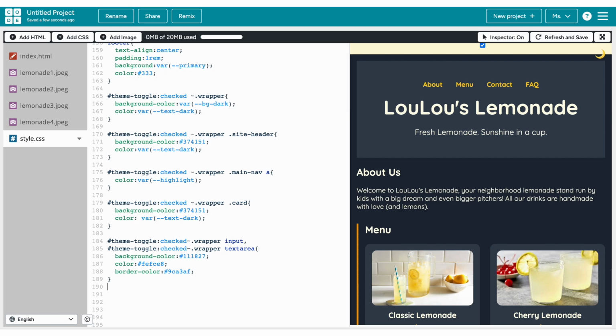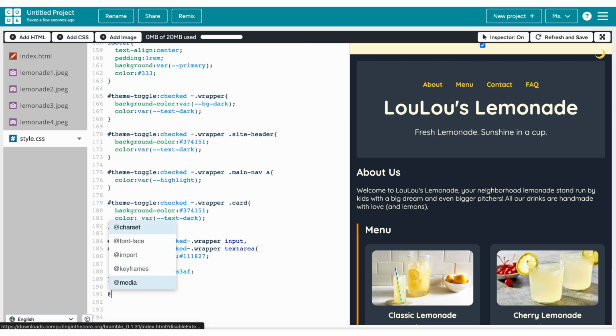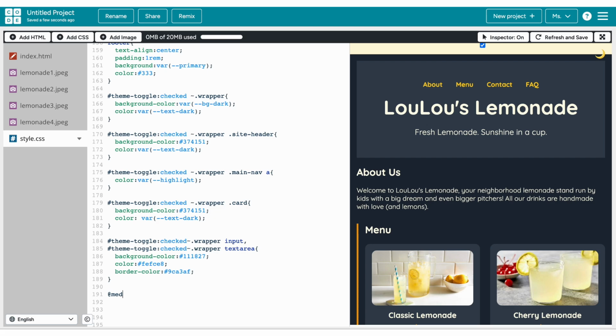So let's do @media, and then we'll give it a max-width of 640 pixels, and then the curly bracket, and then do .main-nav ul, and then another curly bracket, and then we'll give it flex-direction will be a column,